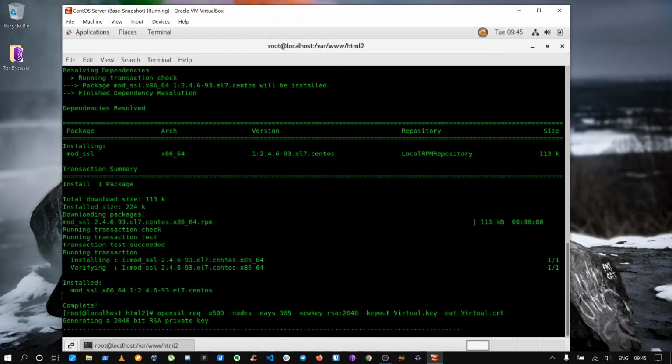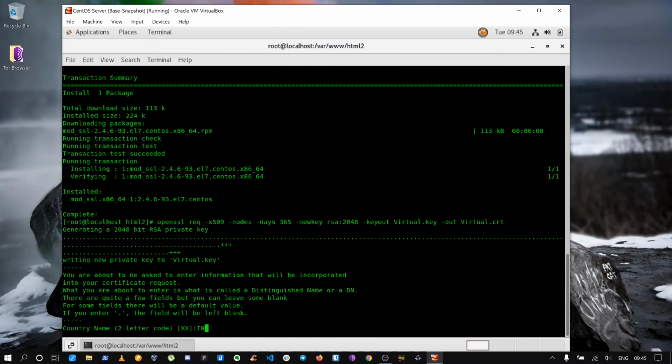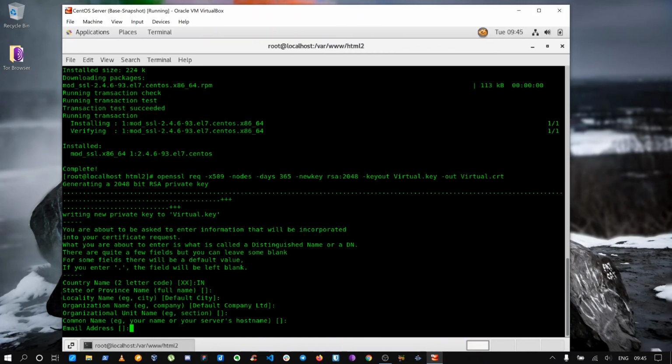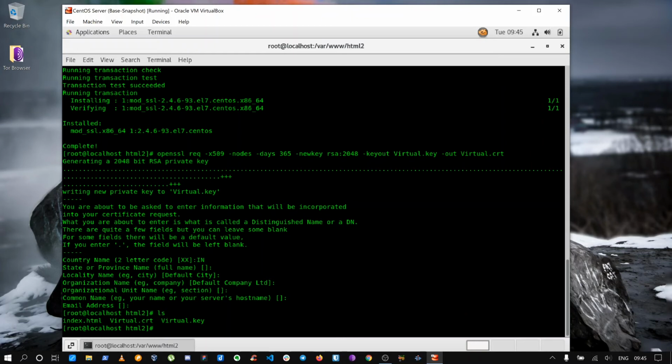So it should generate. Yeah, it is generating. You do not have to give any of these details. So we have these two files right in here. Move virtual.crt to the location, which you will anyway mention in the configuration file.